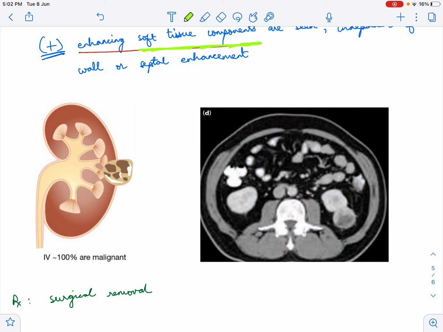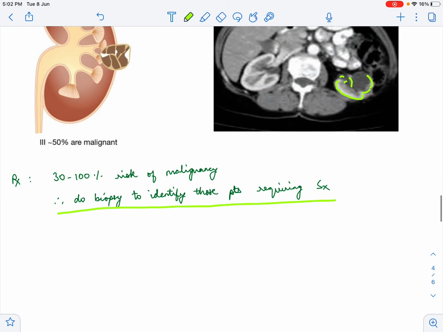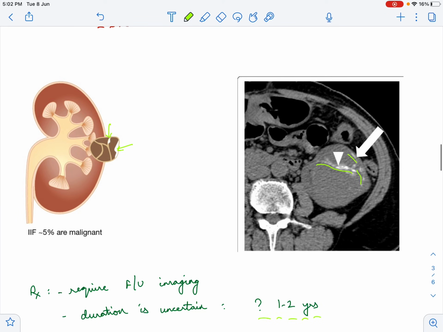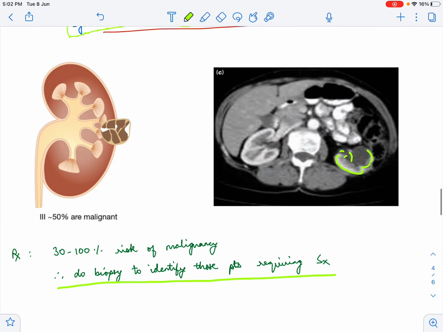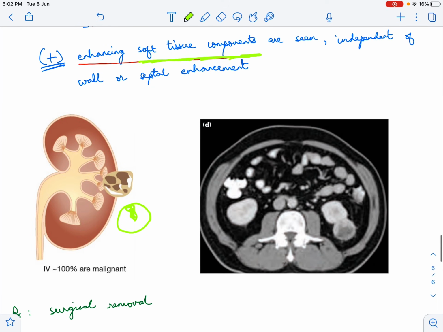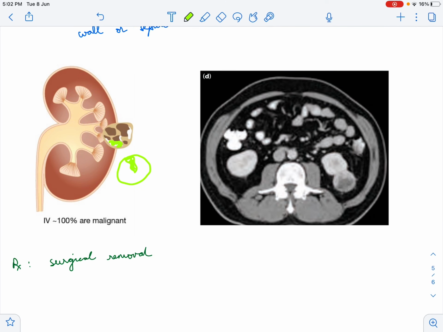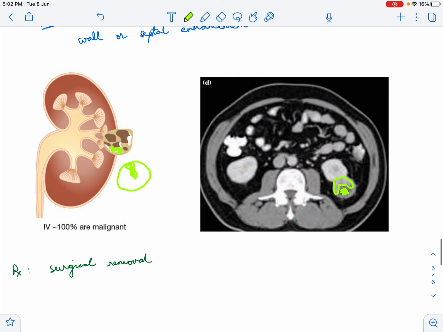So you can see over here, this is a surgical sketch. As is seen in this, the septae are kind of thicker. These are thicker than the previous. So if you look at this, it is thin. It is thick, and the contents are also enhancing. So this is category 4. So this is the soft tissue part, which is enhancing, and this is the cystic content. Now if it is category 4, it has a 67 to 100% chance of being malignant, so you have to do a surgical removal.